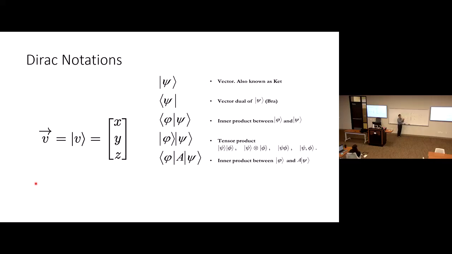But if you have a horizontal one, then you have to transpose the second one first. That's where I always get confused sometimes. But if you use the Dirac notation, then you define the